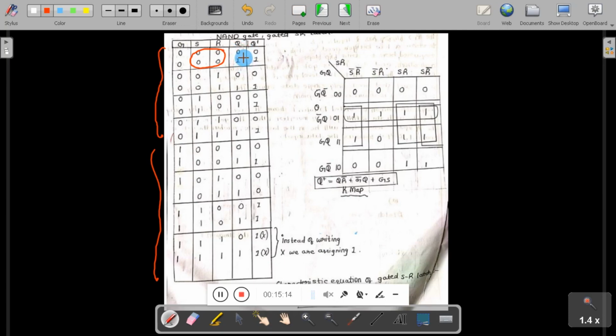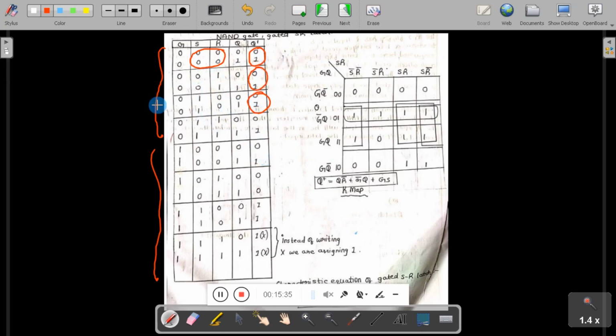For both values, when S and R are 0, the output remains in the last state only. Similarly, for the 0, 1 combination also, the output remains in the last state only. For the 1, 0 combination also, the output remains in the last state only.